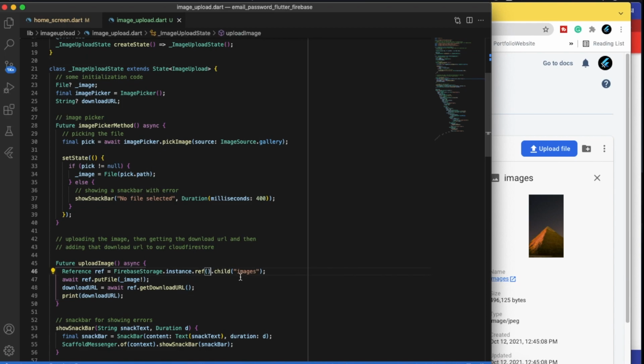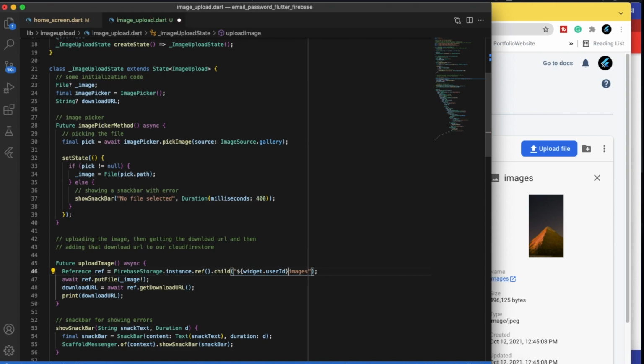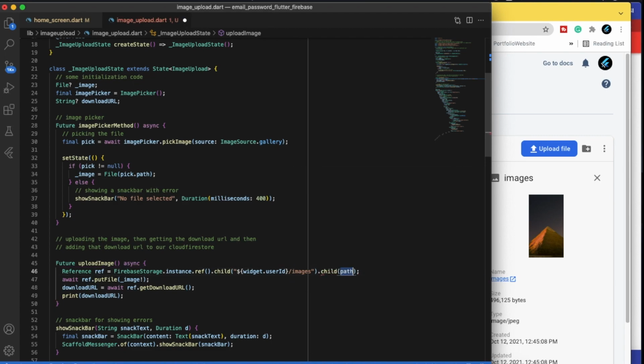Now as we got our image here, we can go to our Firebase storage, and inside our child we'll be creating a folder with our user ID. So how you can call our user ID here is, we'll be writing widget dot user ID, and then it will create a user ID folder. Inside that we will have another folder of images, and then another child, which will have our post, and